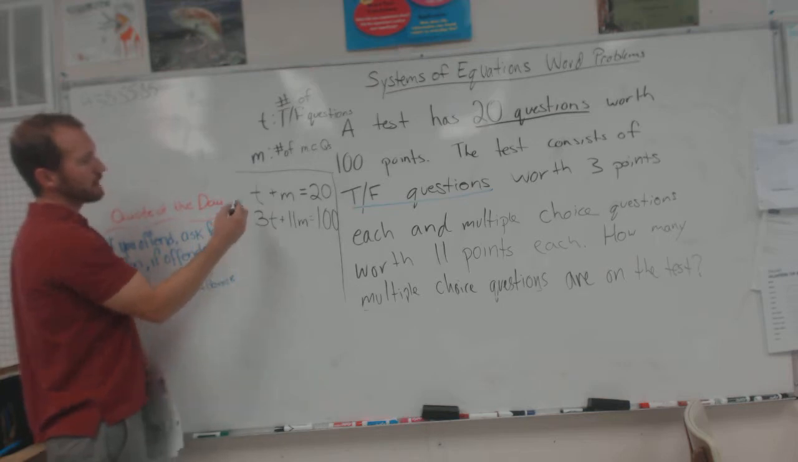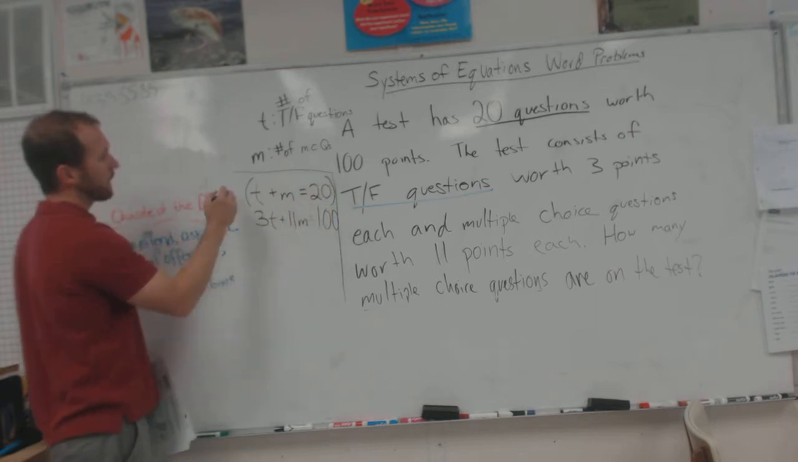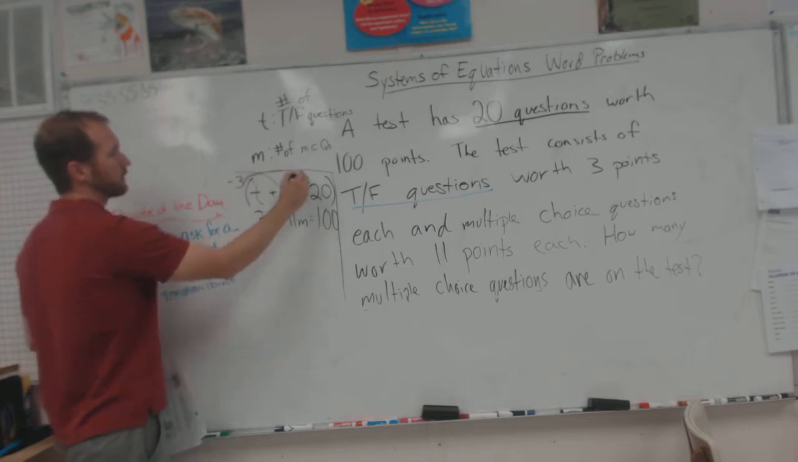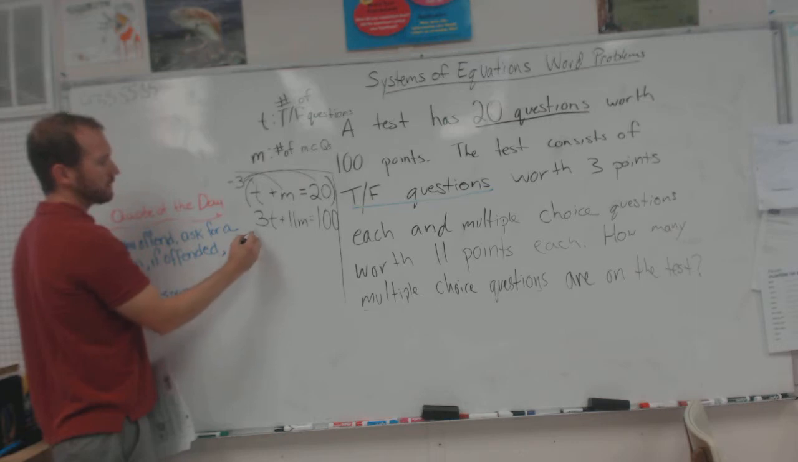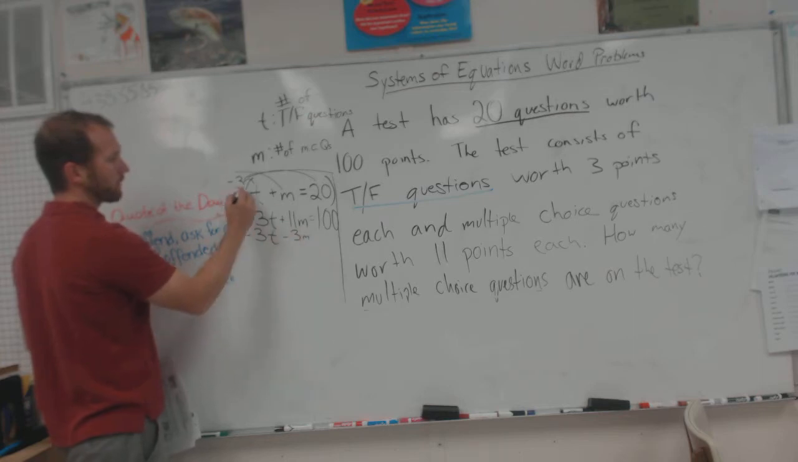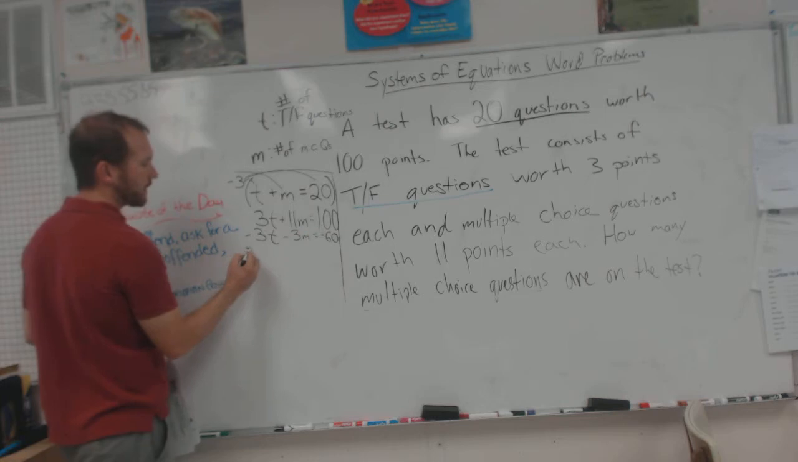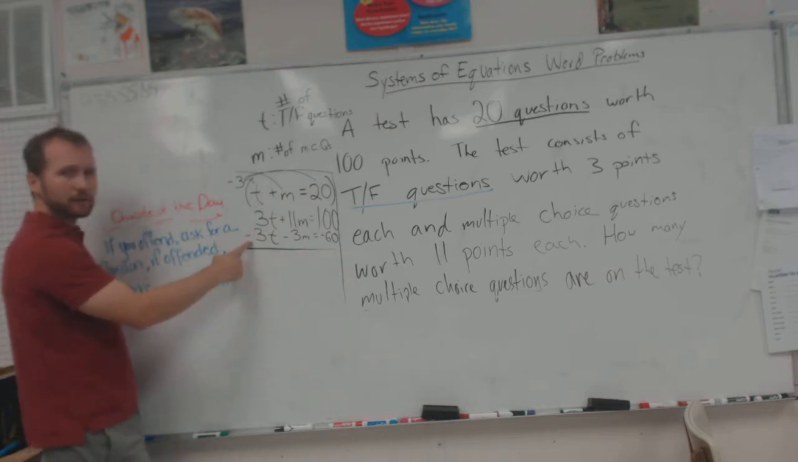All right, so we've set this up. Let's solve this one by elimination. I'm going to multiply the top equation by 3. I'm just going to write it down here. So I have negative 3t minus 3m equals negative 60. And then I'm going to add these two equations together because I have 3t and negative 3t,